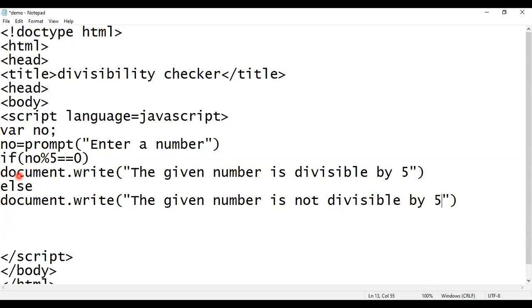Okay, see: document.write the given number is divisible by 5, else document.write the given number is not divisible by 5.